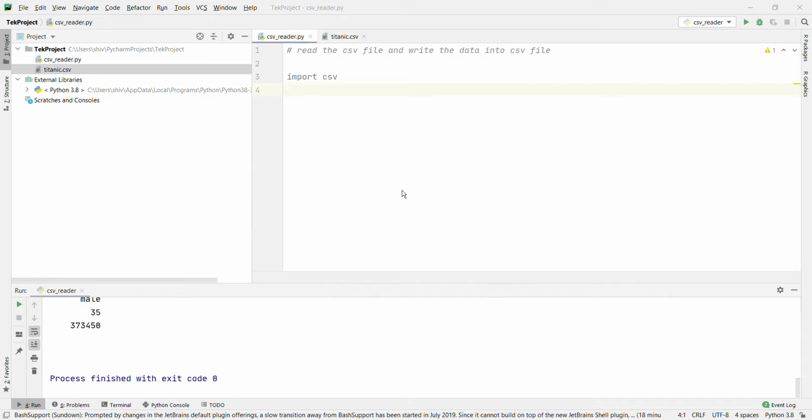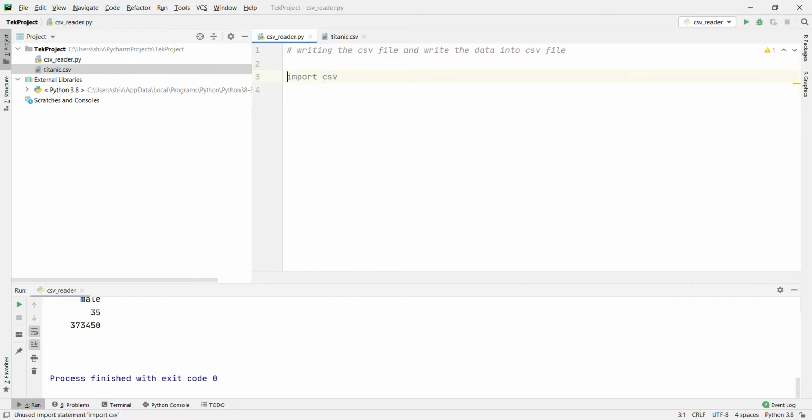Now we are going to write any values, any list basically, into the CSV file. After reading, now we are going to write the CSV file. The import csv module will be there, the module we are going to import.